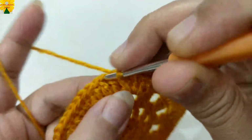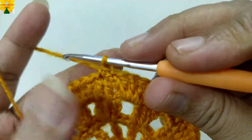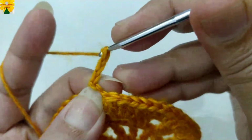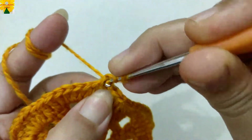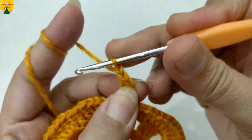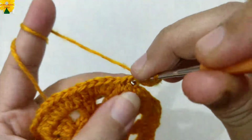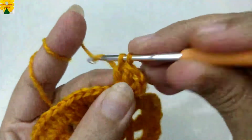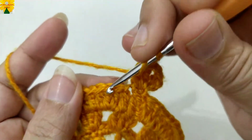Now we have to come to the next stitch with single crochet, where we have to make chain 1, 2, 3, and on the top of the same stitch, double crochet 2, chain 1 for chain space, into the same stitch, double crochet 3, into the same stitch, double crochet 4, chain 2 for chain space, skip 2 stitches, on